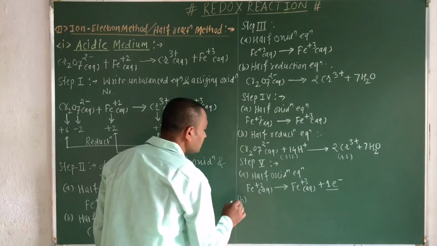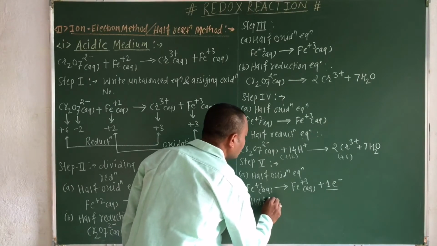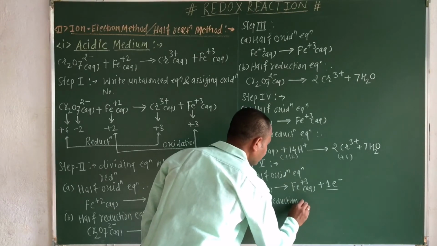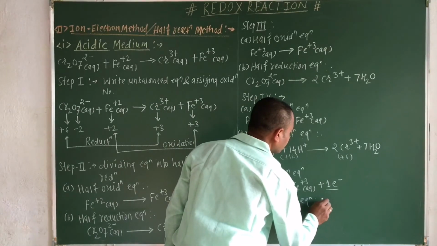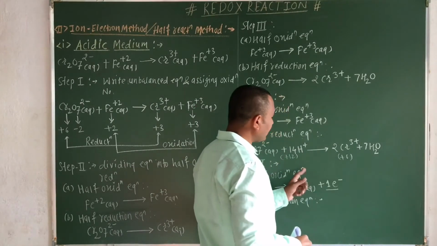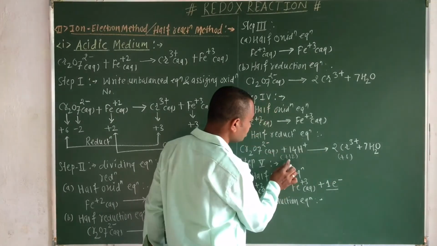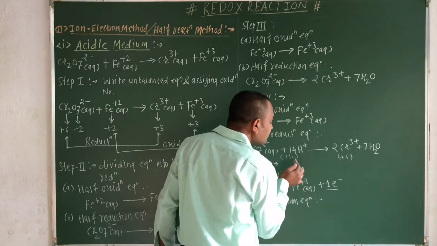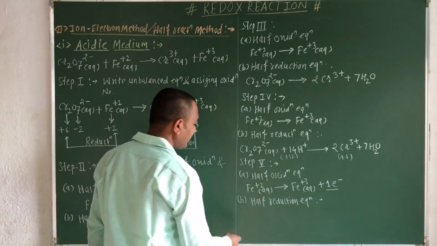Now exactly opposite, you have to do it. So this is your half reduction equation. Okay, so what you have to do here, again, we have to add the electrons so that our charges get balanced. If I add the 6 electrons here, the charges will be plus 6 and plus 6, as we know that it is having the plus 12 charges. So to neutralize that plus 12 charge to plus 6, we are going to add the 6 electrons and we will modify that equation as an